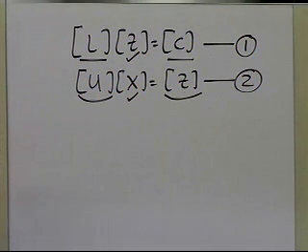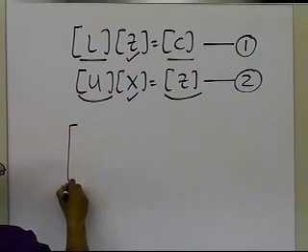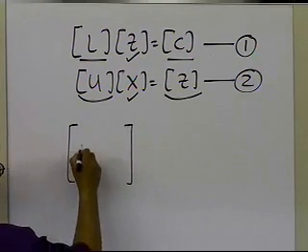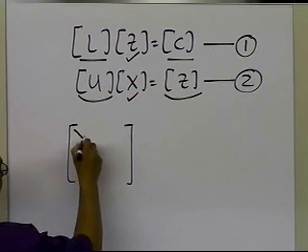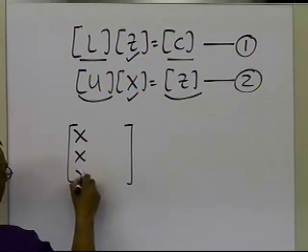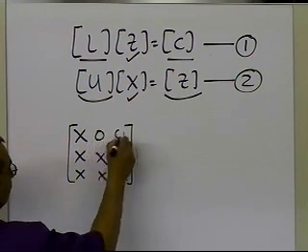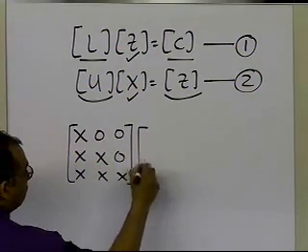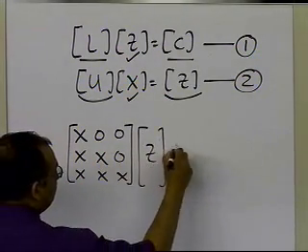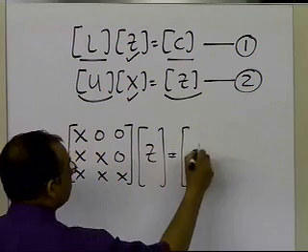Now what is the advantage of doing it this way? Let's suppose you have a 3 by 3 matrix. Let's suppose L is a 3 by 3 matrix. So your L is going to look like this. It'll have non-zero numbers here, and then there'll be zero numbers right here. So that's your Z is going to be here, and your right hand side C is going to be here.